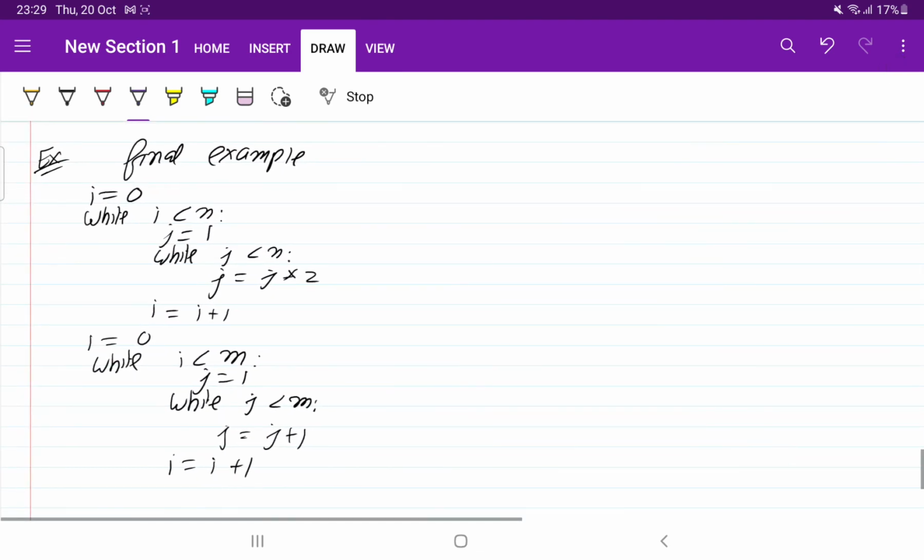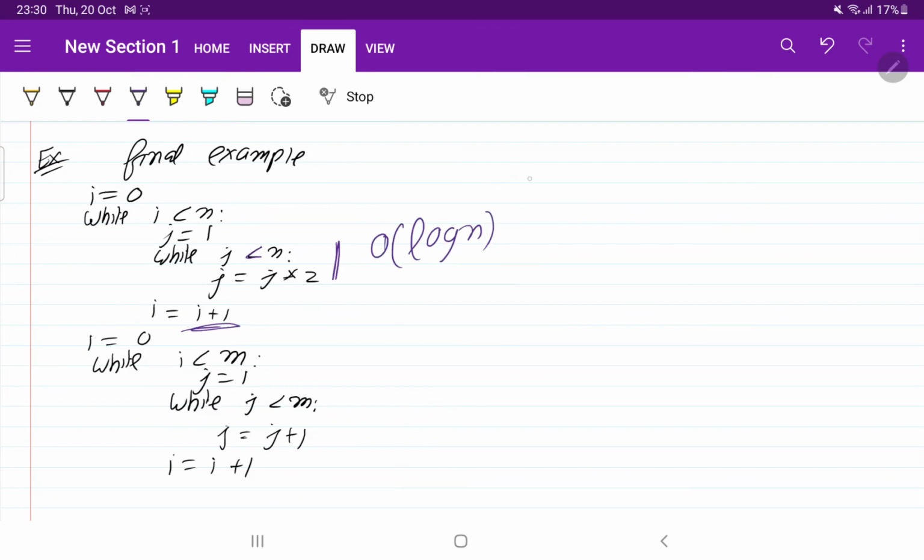I know it's already 32 minutes, so let us come to this example, and the later things we will cover in the next video. So here we can see that it is less than n and multiplication, so order of log of n, and here also they are doing the summation, so log of n. So we get to know that the time complexity is n log n.